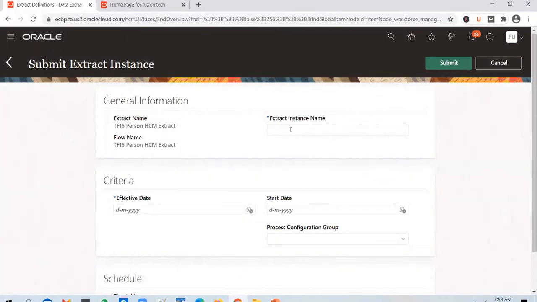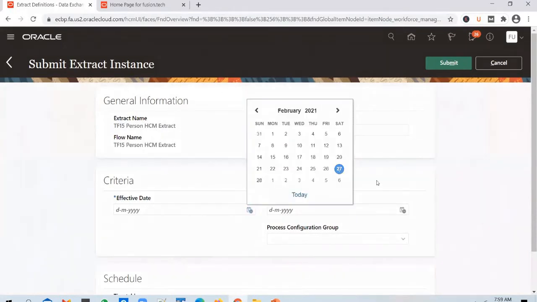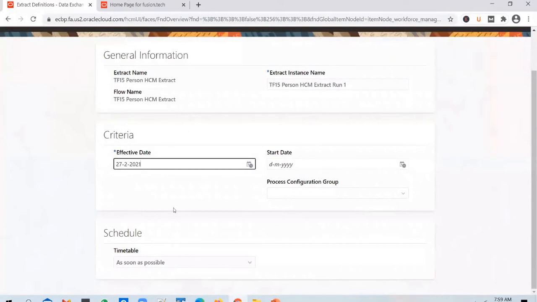And for every extract run, you need to give it a name. So we will use the same name and just say run one. And you select an effective date. You select today's date. And you can schedule this extract if you want, or by default, it will run as soon as possible.